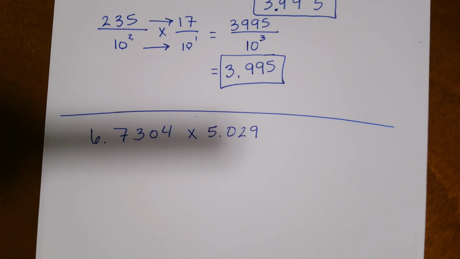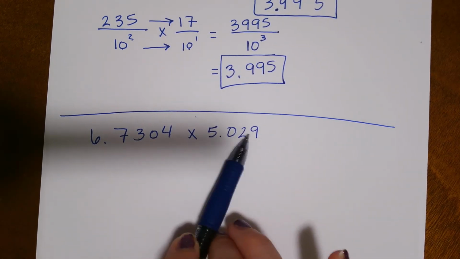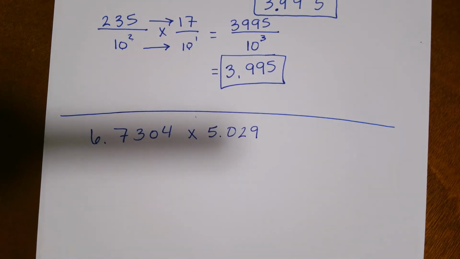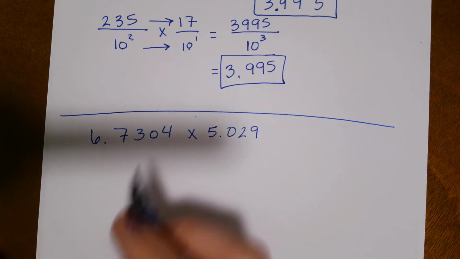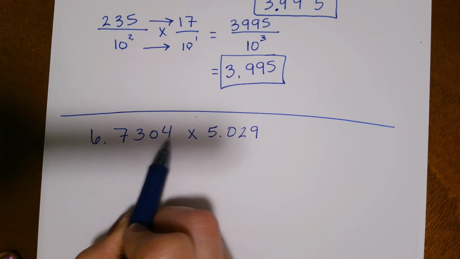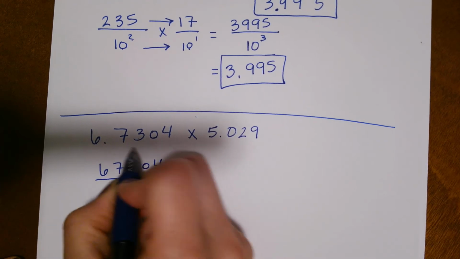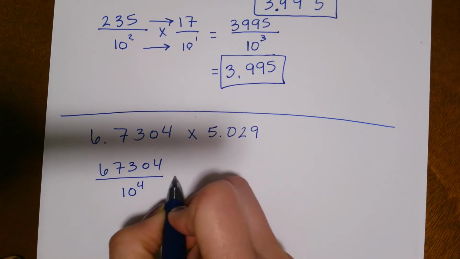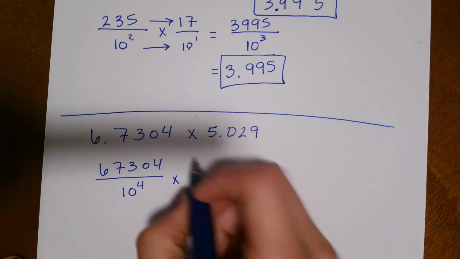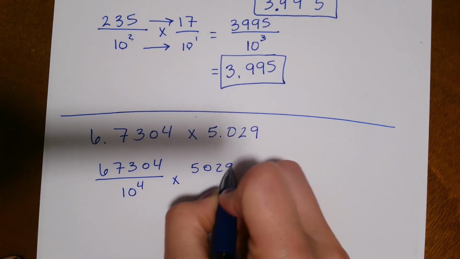So the explanation for why this will have 7, just counting the numbers to the right of the decimal, is not an explanation. That's a neat trick that is set out by the algorithm. Why is it that we will have 7 decimal places? So again, that goes back to our decimal fraction, so we're going to do this in the same way. 6.7304 as the decimal fraction is 67304 over 1, 2, 3, 4, 10 to the 4th power,